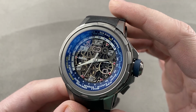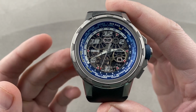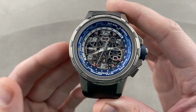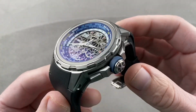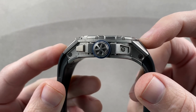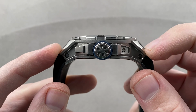Today, we're discussing the second World Time watch released by Richard Mille, launched back in 2015. This is the RM63-02 World Timer. 47 millimeters in grade 5 titanium. The watch is surprisingly light for its size. It's not even terribly thick for what it is at 14 millimeters, but at 56.5 millimeters lug-to-lug, it is a